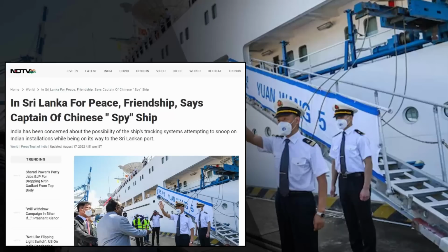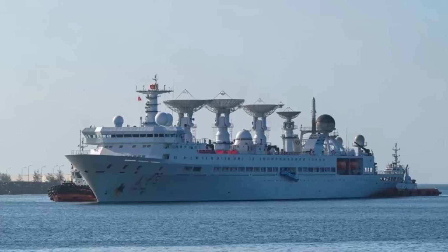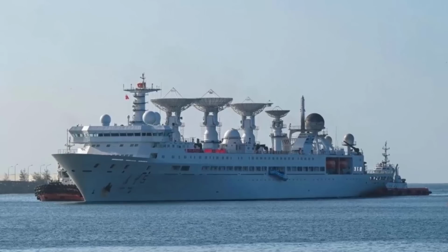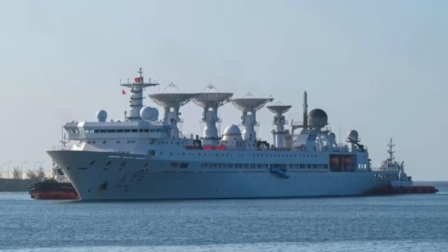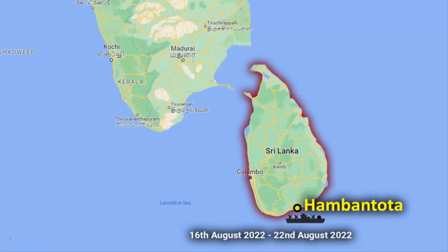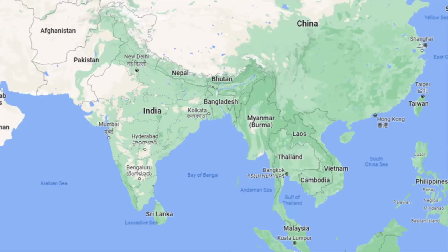supplies and equipment. Now the first thing that will come to anyone's mind is, why isn't there a cargo ship? Why do you need a tracking ship for transporting supplies and equipment? So naturally, this will raise suspicion, right? Especially for a country as big as India. The arrival of a Chinese tracking ship in the Indian Ocean will definitely raise numerous suspicion as well as security concerns, because there are many Indian military installations based in the peninsular region of the Arabian Sea and Bay of